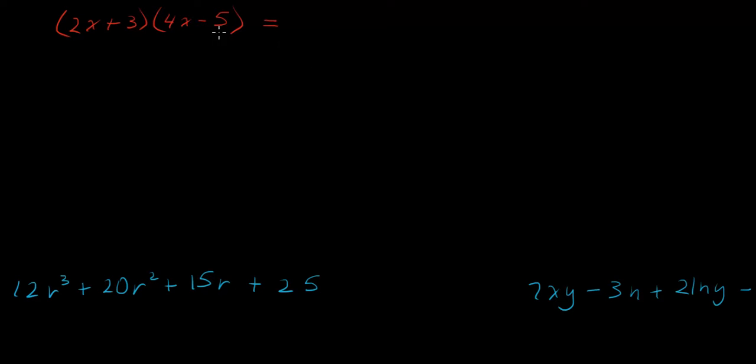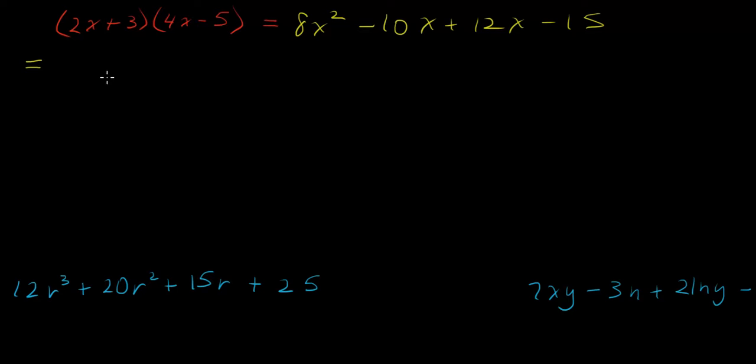So real quickly, 2 times x times 4 times x is 8x squared. 2x times negative 5 is negative 10x, 3 times 4x is 12x, and 3 times negative 5 is negative 15. But let's look at it a little differently. I'm going to put an intermediate step in here so you see a little more about what was